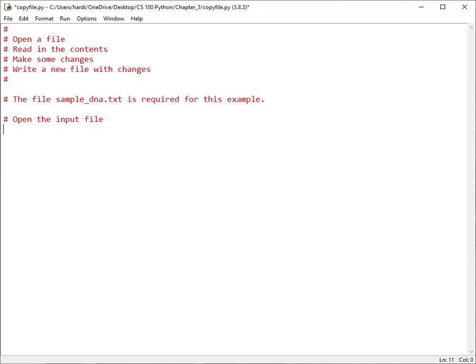Now let's do an exercise where we have multiple files open at the same time. In this program, we are going to open up a file and we're going to read in the contents of the file. We'll make some changes and then we're going to write out a new file that has those changes in it. And for this example, I'm using a file called